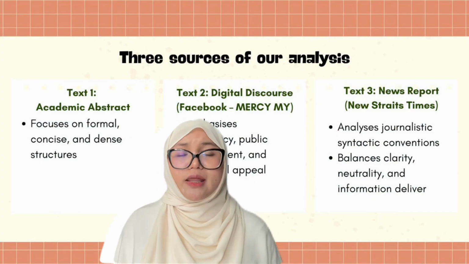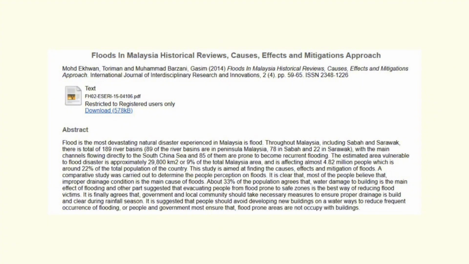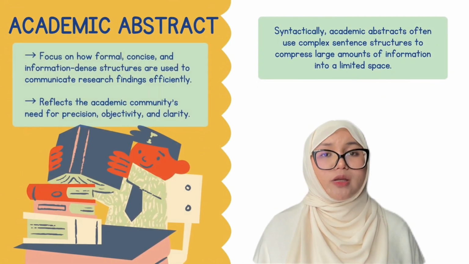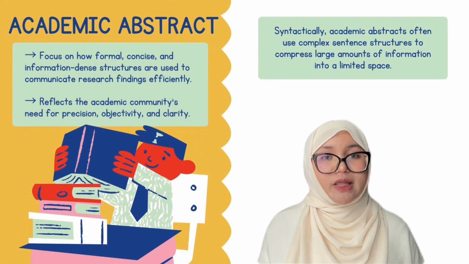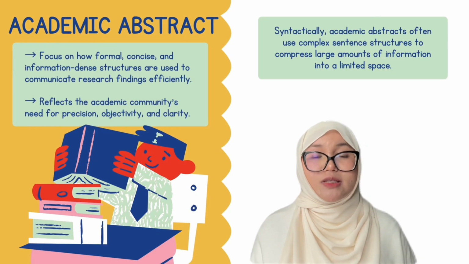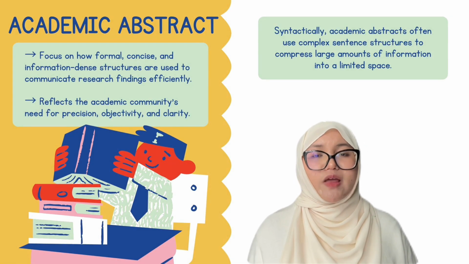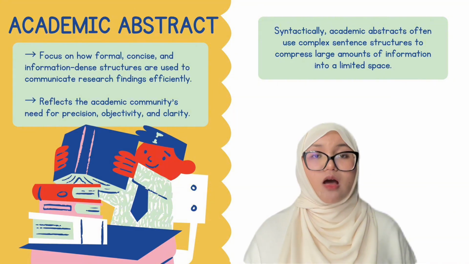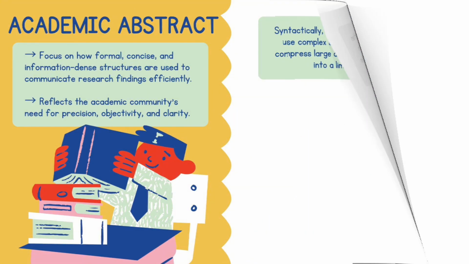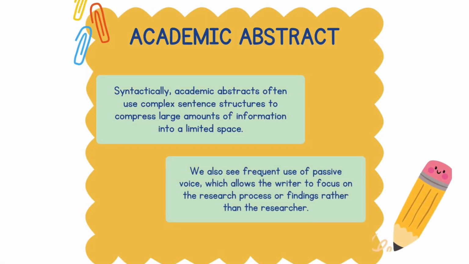First, we examine an academic abstract taken from a scholarly article. Here, we focus on how formal, concise, and information-dense structures are used to communicate research findings efficiently. This reflects the academic community's need for precision, objectivity, and clarity. Syntactically, academic abstracts often use complex sentence structures to compress large amounts of information into a limited space. We also see frequent use of passive voice, which allows the writer to focus on the research process or findings